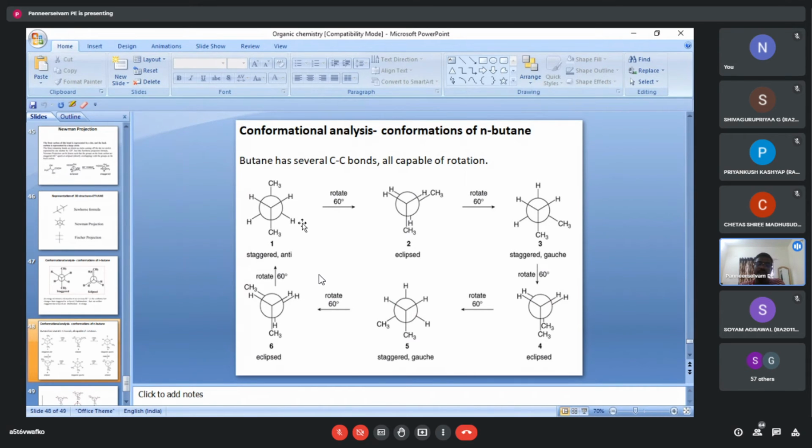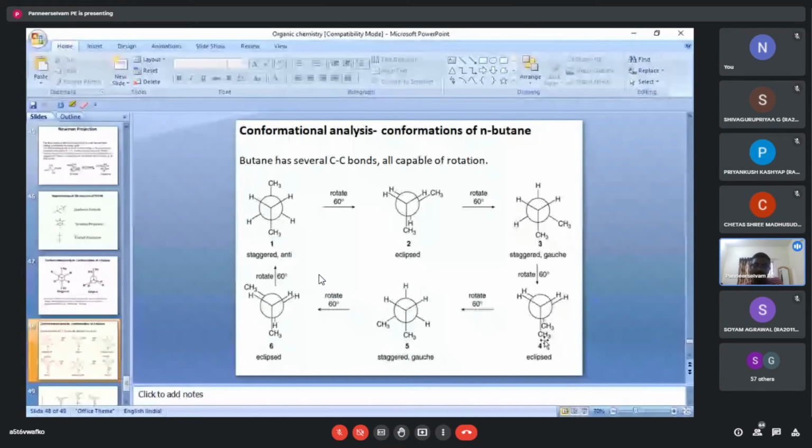Which one has more energy? I told you, the eclipsed configuration. In the staggered form the distance between the methyl and hydrogen is longer than in structure 2, because structure 2 has more electrostatic attraction. So the energy level decreases in one and increases in the other. The methyl interaction is stronger than in structure 2.